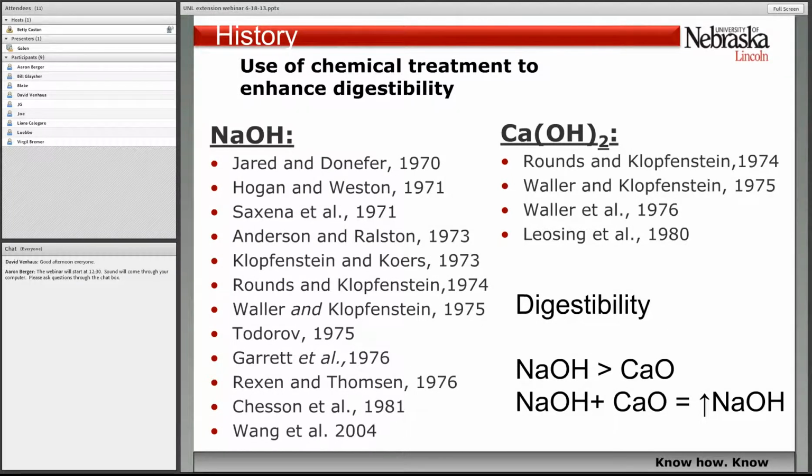So it does improve fiber digestibility, and it does increase the solubility or release of some hemicellulose, but it really doesn't change the lignin content. It takes some stronger chemicals to do that. The strongest one that's been used historically was sodium hydroxide, and that's a bad chemical to be handling. And so there was some work early on with calcium hydroxide, which is this calcium OH2, and